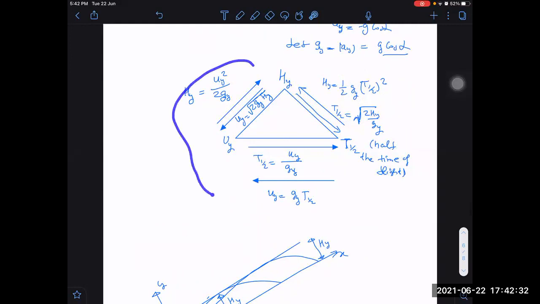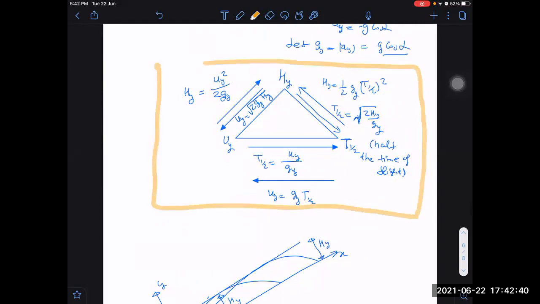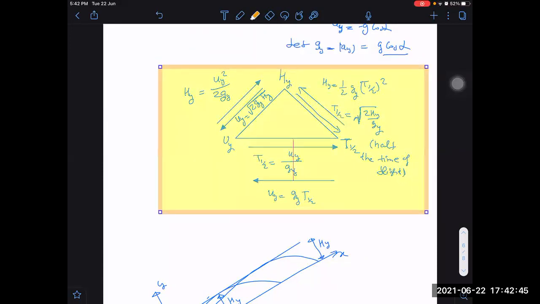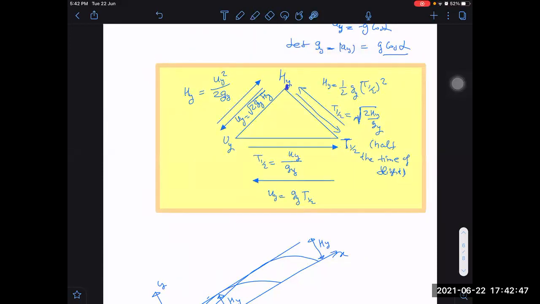If any formula here you have not learned, or you are not finding it comfortable to learn, or you are thinking it is difficult, then please let me know, because this should be at your fingertips. It should be learned by everyone. Any one of these is given, you should be able to tell me the other. Hy is given, you should be able to tell me the time quickly and the initial velocity also quickly. Can you do that or not? Think now.